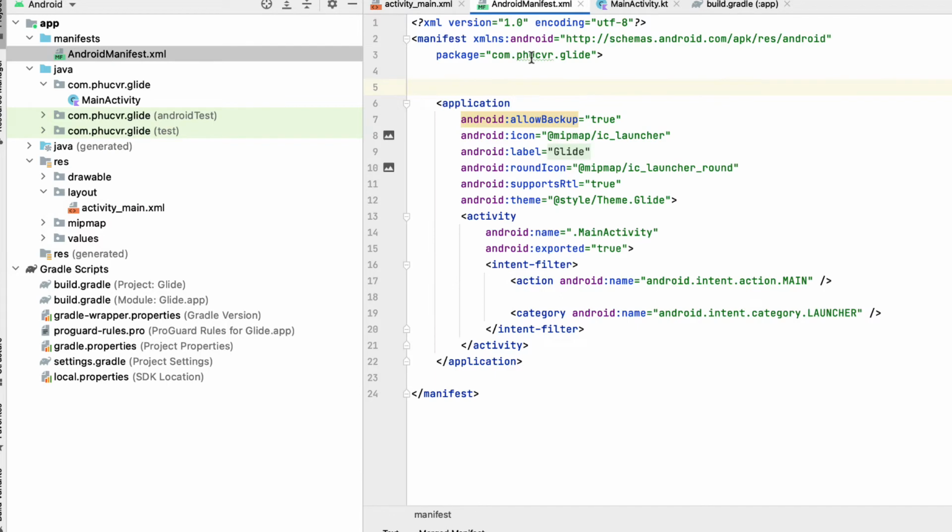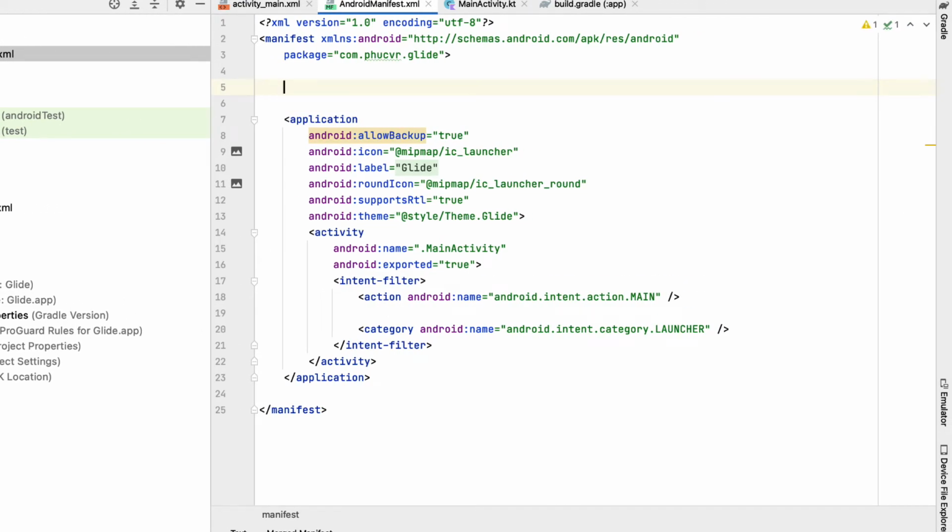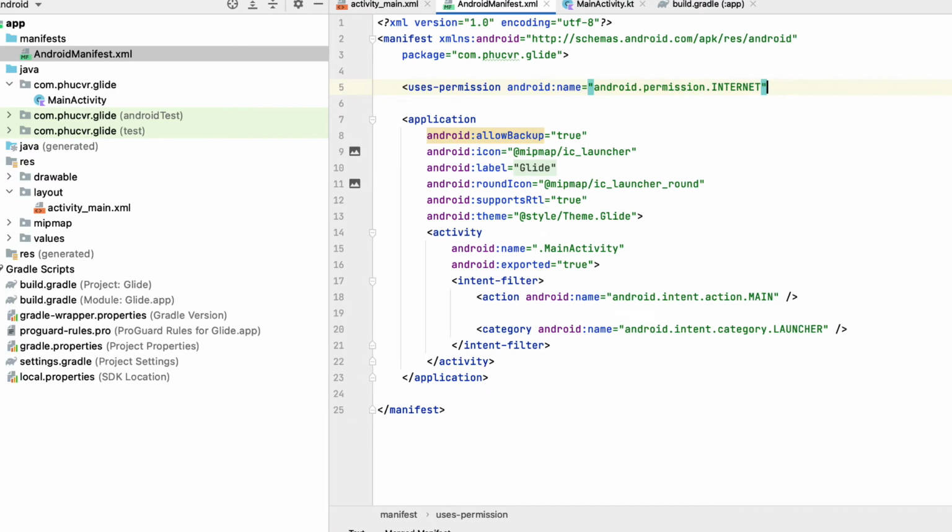In this case, I will load an image from the internet, so I must use the internet permission.